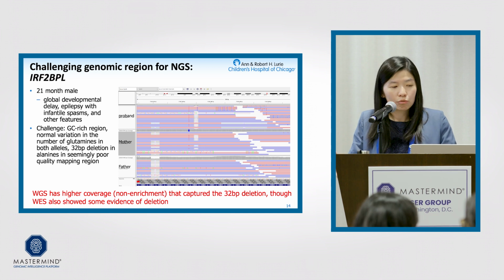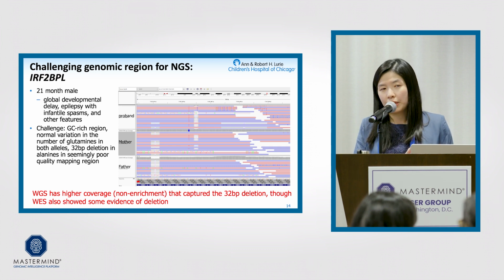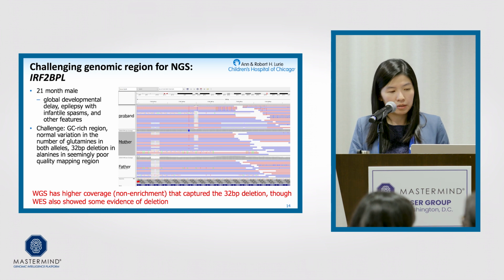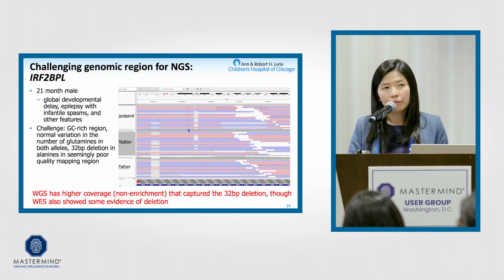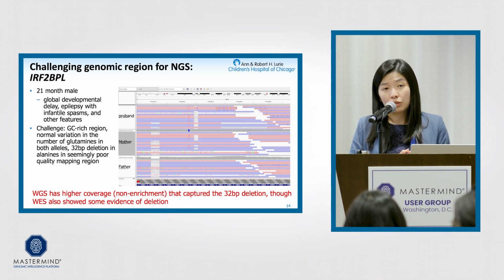So our patient was a 20-month-old male with global developmental delay. This kid is pretty young, right? So not like the other kids who have remained undiagnosed for many years. This kid is really less than 2 years old at that point. But again, he was undiagnosed by whole exome sequencing. We took over the case when our providers decided that there had to be something going on, like, can you please look at the data? So we enrolled him in genome, and we reanalyzed the exome data, just to see, can we find something